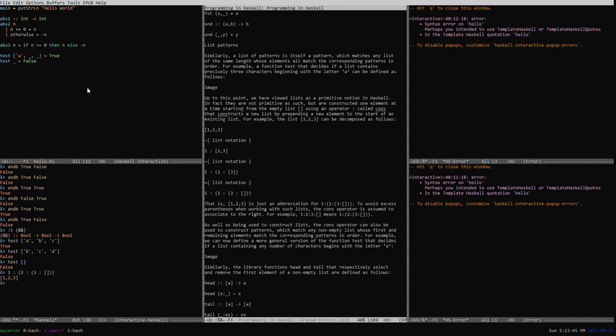As well as being used to construct lists, the cons operator can also be used to construct patterns, which match any non-empty list whose first and remaining elements match the corresponding patterns in order. For example, we can now define a more general version of the function test that decides if a list containing any number of characters begins with the letter A. test2